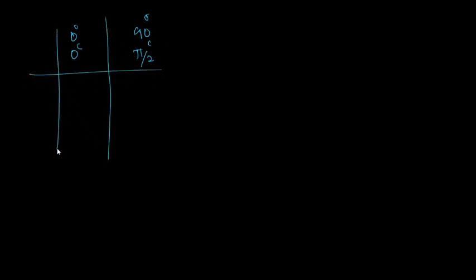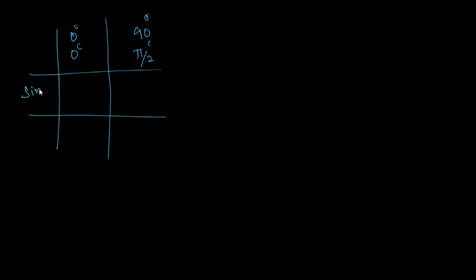You can remember these trigonometric values in this way. First you start with 0 degree and 90 degree. That is 0 degree and then 90 degree. So 0 degree or 0 radian, you can put 0 radian. And what about this? This is pi by 2 radian. Okay, so let us work out these values in this way.